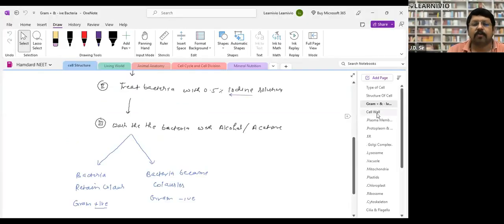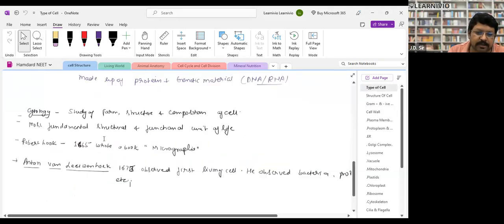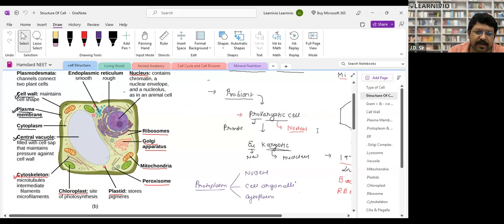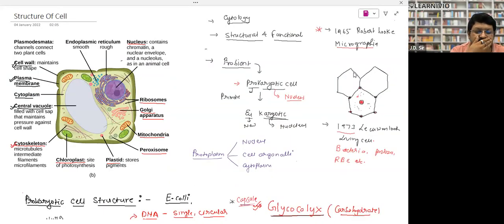Very, very important. Now, this was the story behind the prokaryotic cell. By the way, we have already done the prokaryotic cell in the Monera part, where we discussed bacteria in detail. Now we will study the eukaryotic cell and its structure. I have taken the example of a plant cell because in animal cells some features are missing, but the plant cell has everything. We'll discuss both plant and animal cells. You are already aware of the eukaryotic cell structure, but still,